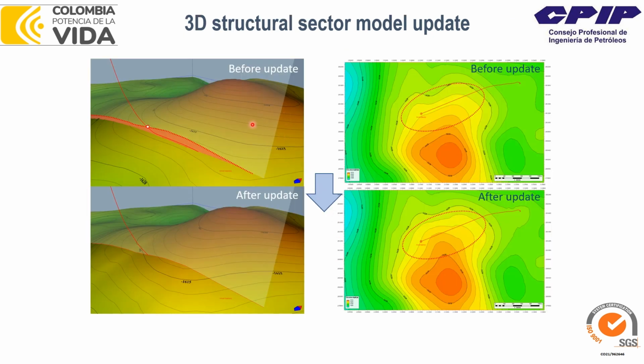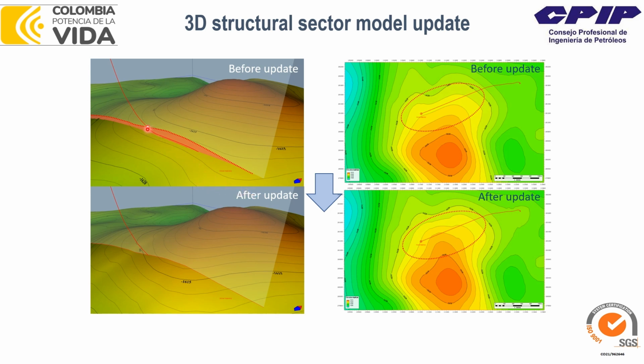On the left part here you see the 3D structure, and on the right part here you see the map. Let's have a look how it was before the update in the upper part and after the update in the lower part. So look here. Here we have the trajectory. We have crossed the 3D structural